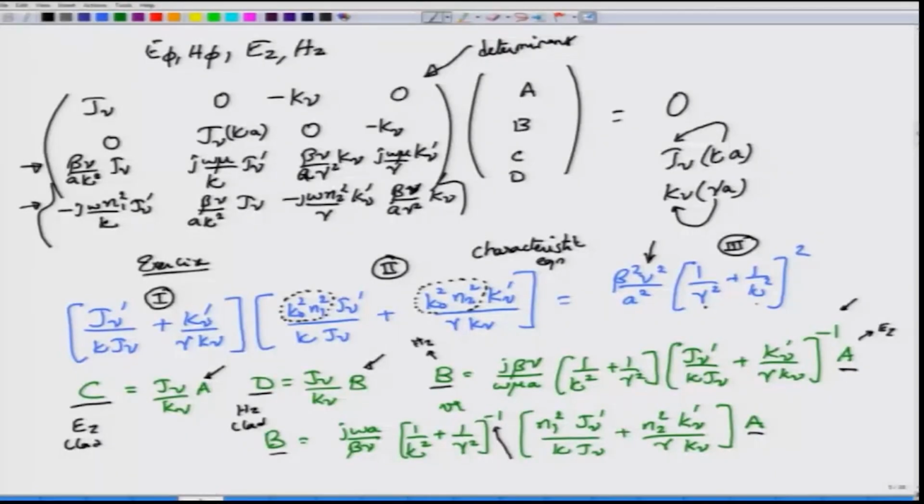What kind of modes do you get when nu equal to 0? Well, we go back to the characteristic equation and then we look at what happens when nu equal to 0. When nu is 0, the entire right hand side disappears. Since the entire right side has disappeared, because I am assuming that this term 3 is not going to 0, then I have either two choices, the first term going to 0 or the second term going to 0. If I assume that the first term, that is J nu prime by kappa J nu plus K nu prime by gamma K nu, is actually equal to 0,